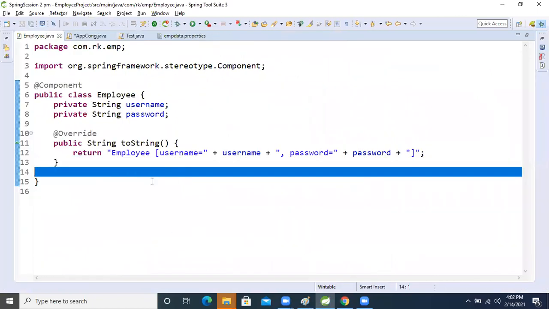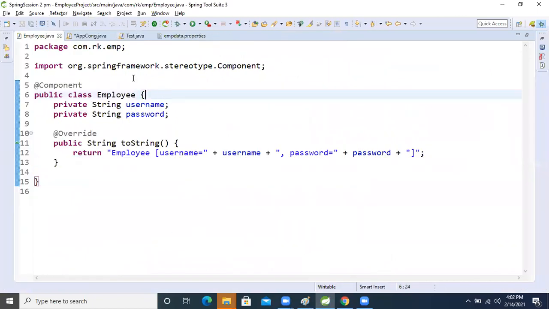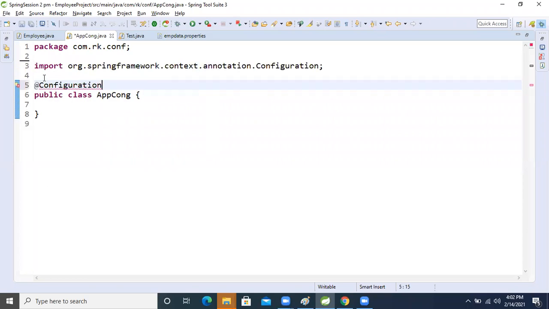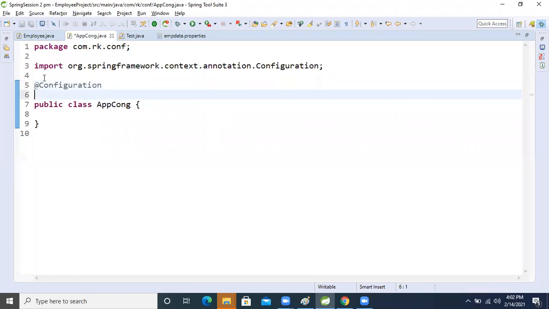Okay, so now this bean is there, right? Inside that, again, what will we do now? How many inputs does our IoC container need? Two: one bean and one configuration file. So if we want to make this class a configuration, we apply the @Configuration annotation on top. Then our Spring container will treat this as a proper configuration.